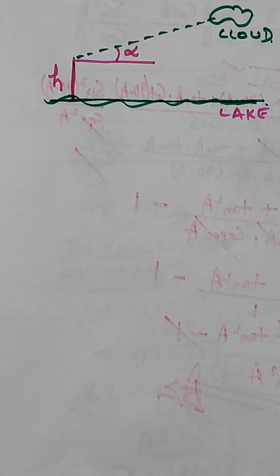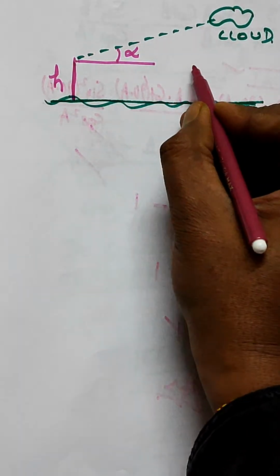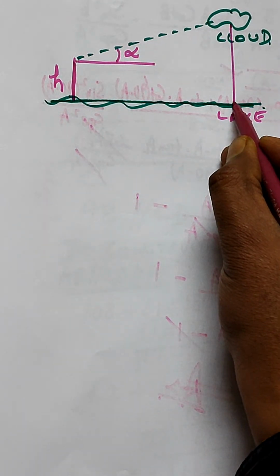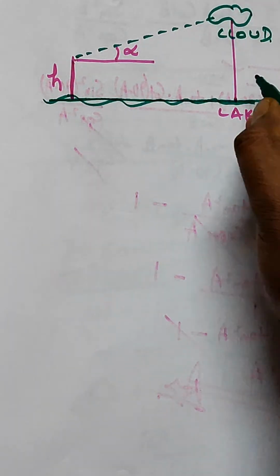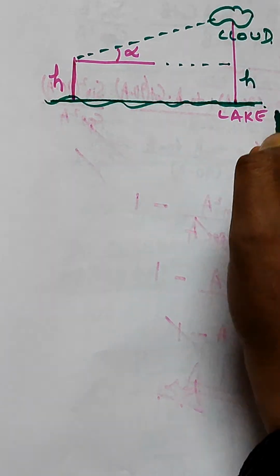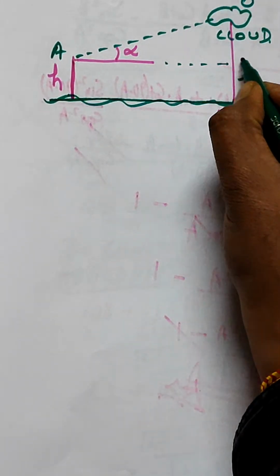If this angle is alpha, and the reflection of this cloud, so if this is h, suppose the cloud is at this much distance from the lake, the same distance it will be covered below under the water, and the image will be seen over here. So that distance will be, if this is h, this will also be h. So let us name A, O, B,